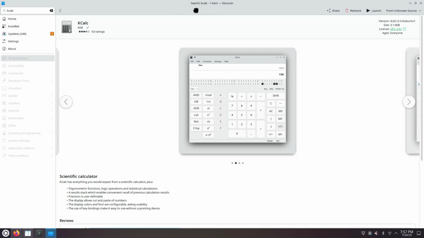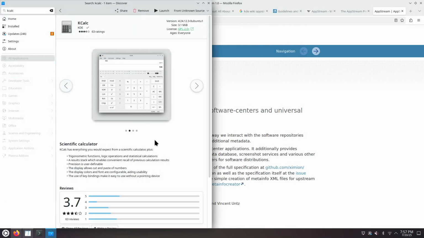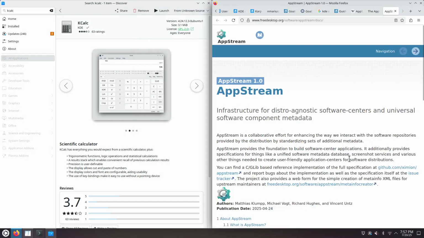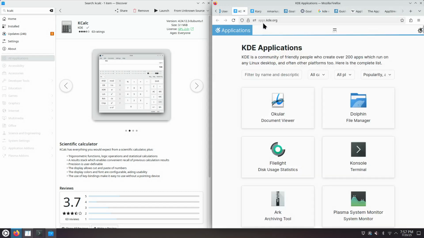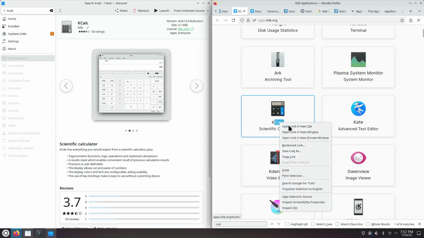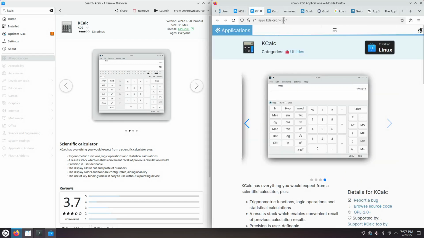This is how it's presented in Discover, the KDE App Store. Then this application is also available in various other places, and most of the information that's presented stems from a single source code file. So let's see that. There's a website called apps.kde.org. Let's find KCalc in here. apps.kde.org/kcalc. And we can see